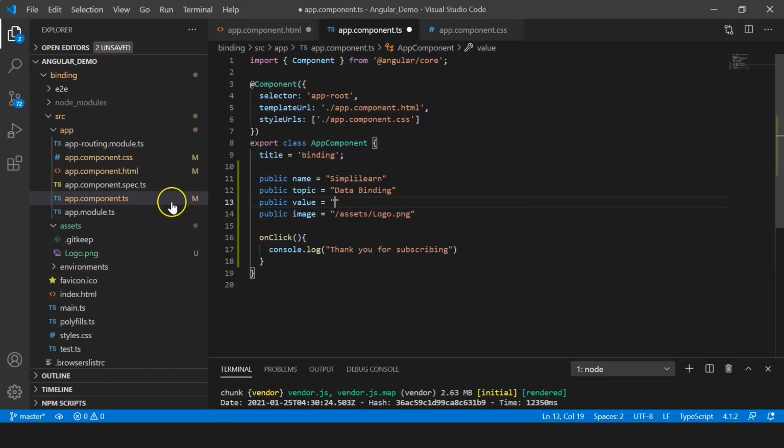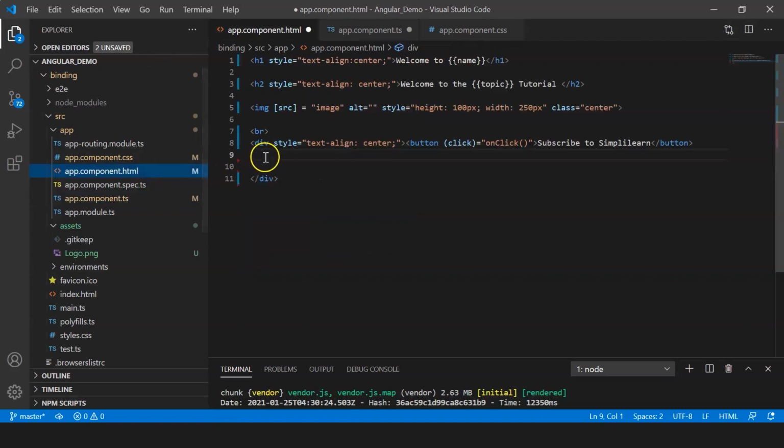Alright, and back in my HTML, I'm going to create an input tag of type text, and I'm going to bind the value using interpolation. All right. So basically what we're doing is that every time the user provides a value in the input box, that has to be reflected in the model as well. So we're making sure that the view and the model are in sync.